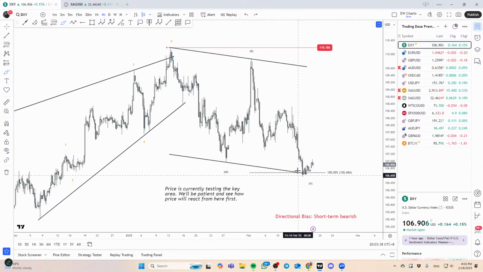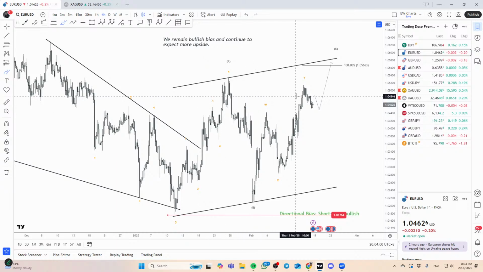Okay, so to be very honest, the dollar index right now is just something that is worth adding into the watch list to keep an eye on it, but we really don't have a clear directional bias that we'll be looking out for in terms of the dollar as of today. Okay,